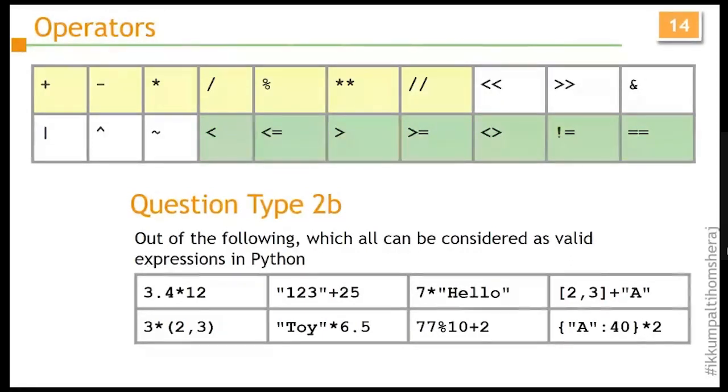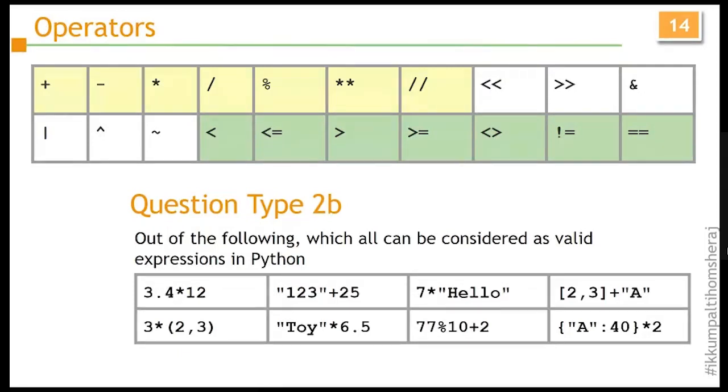And whatever is left in white, once again, when we are framing questions, we have to keep only those operators which are present in the colored boxes. And while taking the responses, we can accept all those which are present in white also. Out of this, the questions can come like this: out of the following, which all can be considered as valid